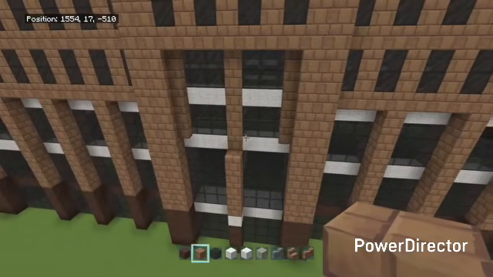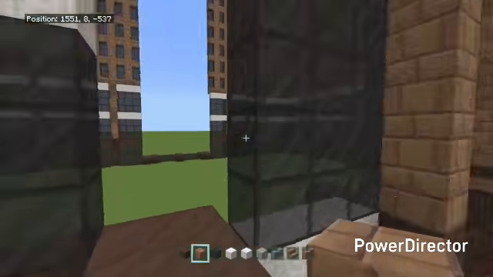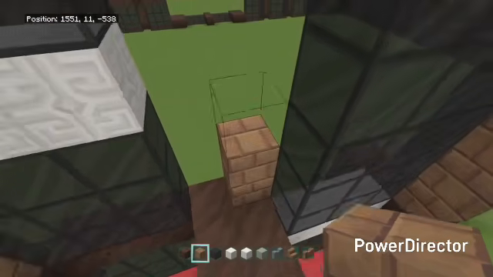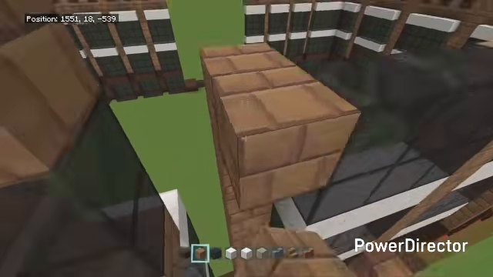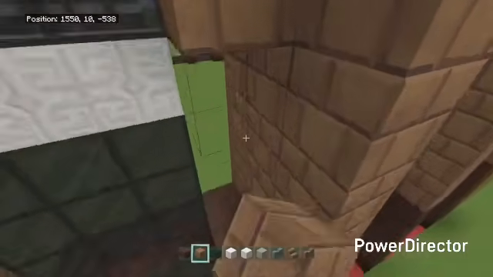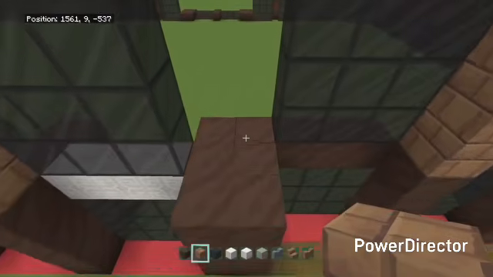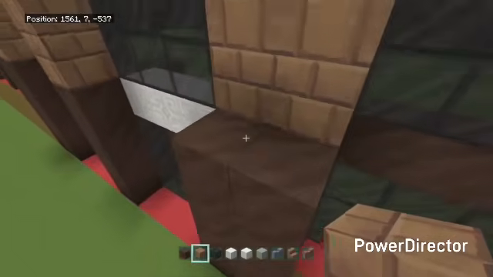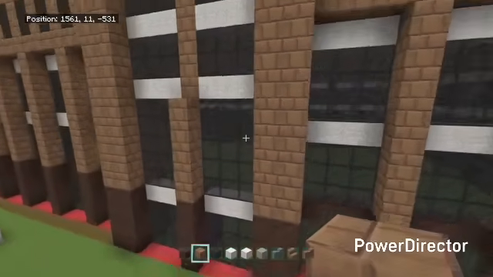After that, you want to get your mud brick and raise them up to the same height as the last piece of glass. So 1, 2, 3, 4, 5, 6, 7, 8, 9, 10, 11. So 11 blocks up. So once you got to 11 blocks up, just like that,